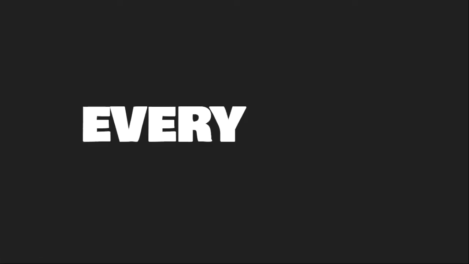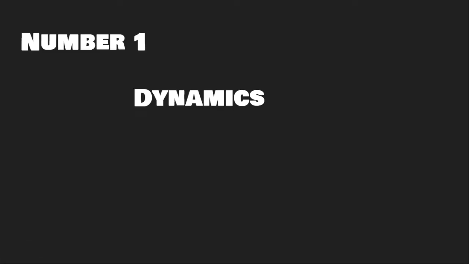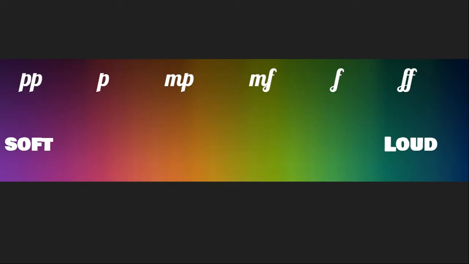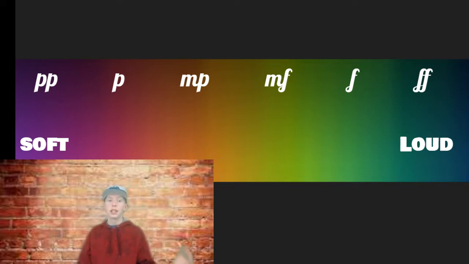10 things every musician should know. Number 1, dynamics. So I'm sure if you've looked at sheet music before, you've probably seen these. These are what are known as dynamic markings. Now they can look a bit confusing at first, but we'll go ahead and break them down into simpler steps